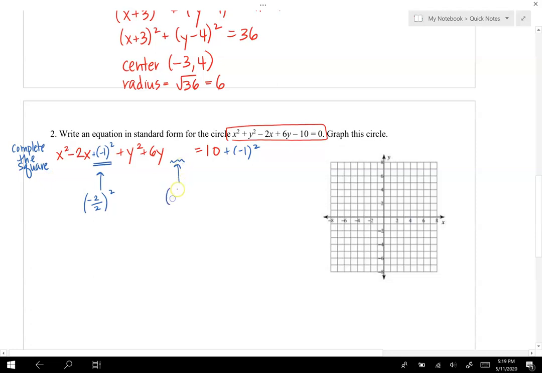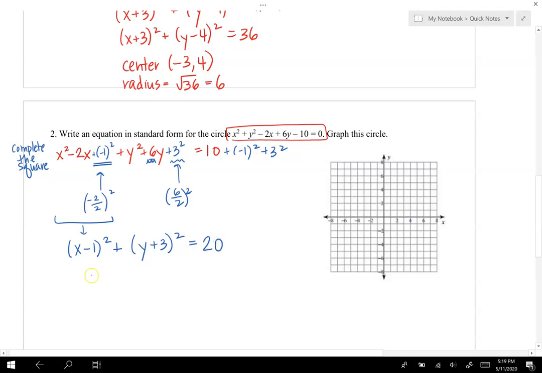I take half the middle term, so half of 6. Right, and here's the middle term. That's what I'm talking about there. And I square it. So that's plus 3 squared. So if I add a 3 squared to the left side, I have to add it to the right side. And then I rewrite these. This becomes x plus half of -2, so (x - 1) squared, plus y plus half of 6, so (y + 3) squared equals 10 plus 1 plus 9